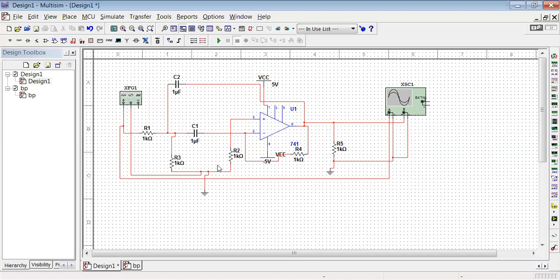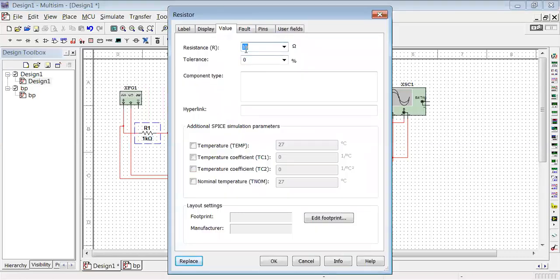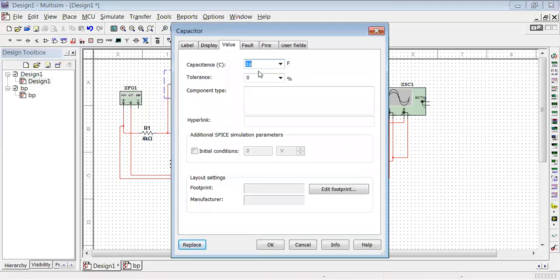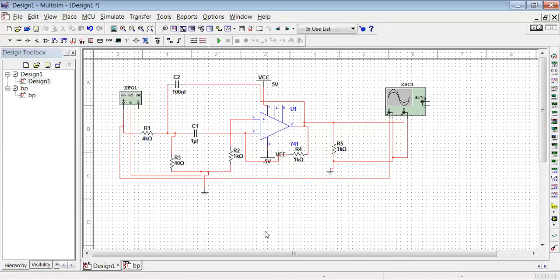Now in the circuit, we need to change the resistor and capacitor values. Let's begin with changing the values. Here the resistor value we need to change to 4 kilo ohm. Click on OK. Then this resistor value is 40 ohm. Change it to 40. Click on OK. Then the capacitor value, we have used here as 100 nanofarad. Select it, click on OK.